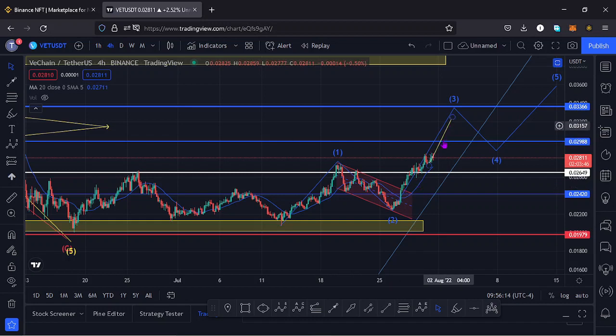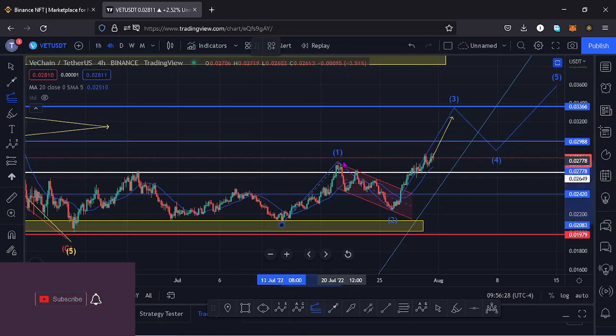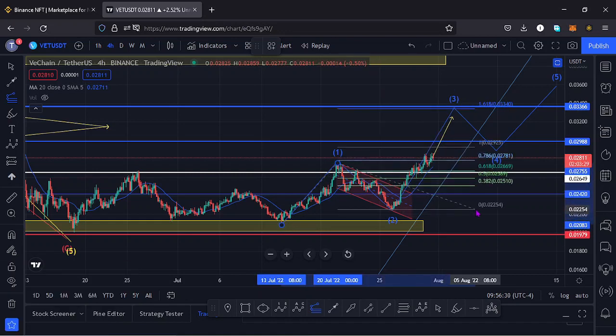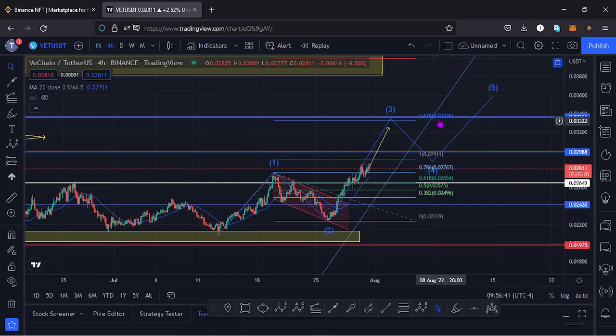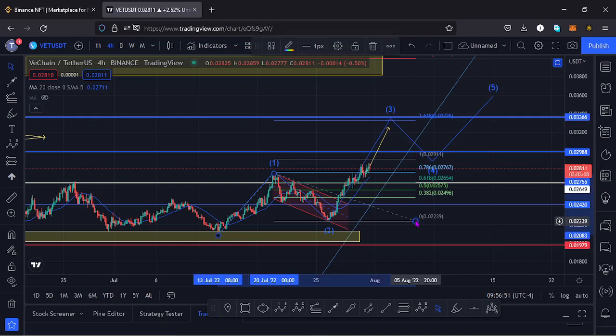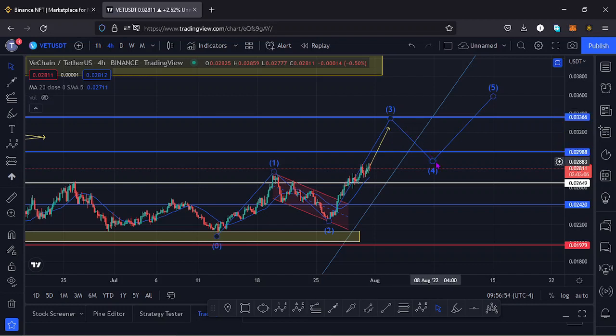And in that movement to the upper side, we can try and have a target area for that breakout and the wave 3 to the upper side. And that will be using the trend-based Fibonacci's, connecting the low of the wave 1 to the high of the wave 1, then dragging the fibs to the low for the wave 2. That should give us a target area at around the $0.3326 mark, which perfectly coincides with the key area of resistance. And once we get to that area, maybe we can get rejected and have a pullback in what we can term as a wave 4, then see another reversal to the upper side in a wave 5. So those are the key movements that I expect to play out on this chart.